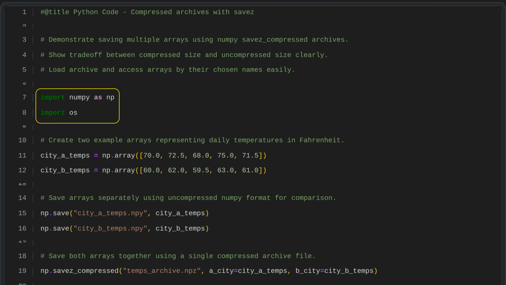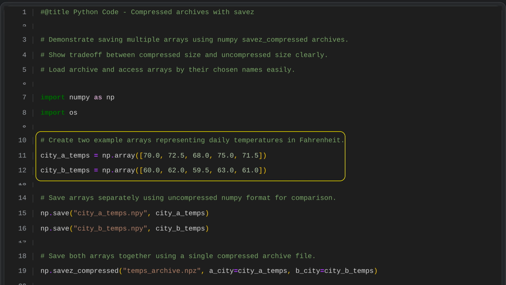of the resulting files. We begin by creating two NumPy arrays that store daily temperatures in Fahrenheit for two different cities. One array holds values for city A, such as 70 and 72.5 degrees, and the other array holds values for city B, such as 60 and 62 degrees. These temperature arrays will serve as simple example data that we can later use to demonstrate how NumPy saves and